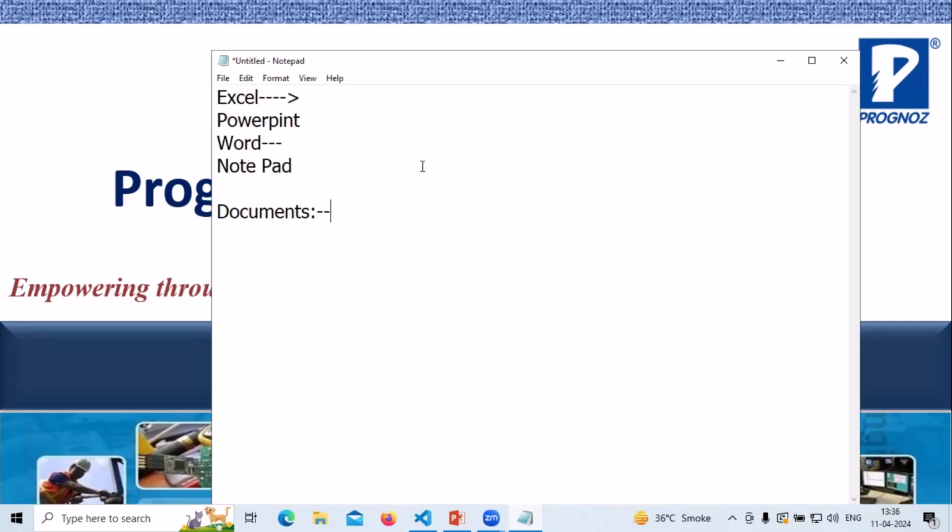Documents means a collection of files, or a collection of data. Yes, a collection of data. So when we say document, it contains some data or information which is stored inside a particular file. Now, if you are visiting a website,